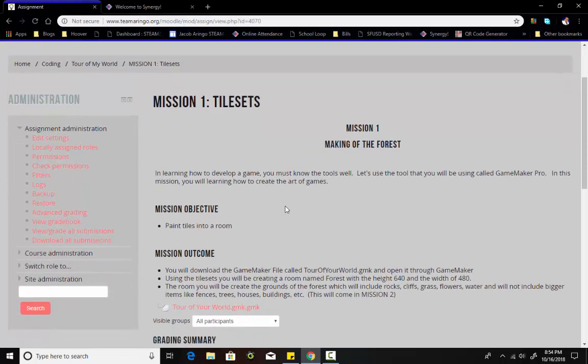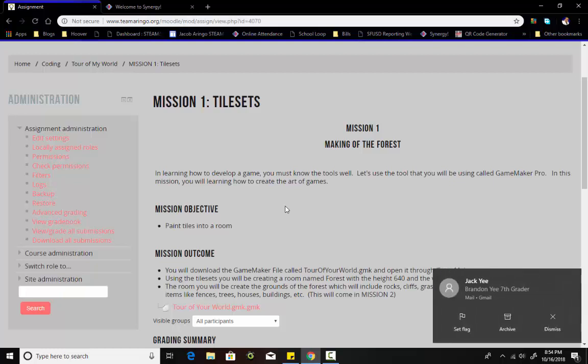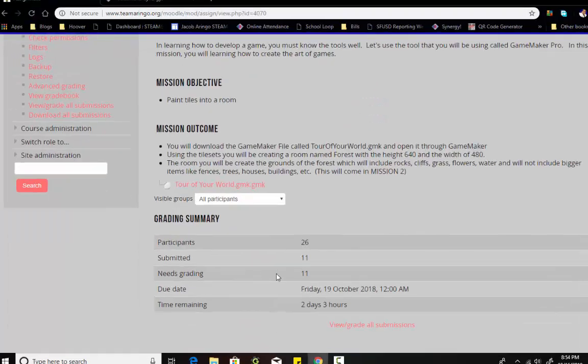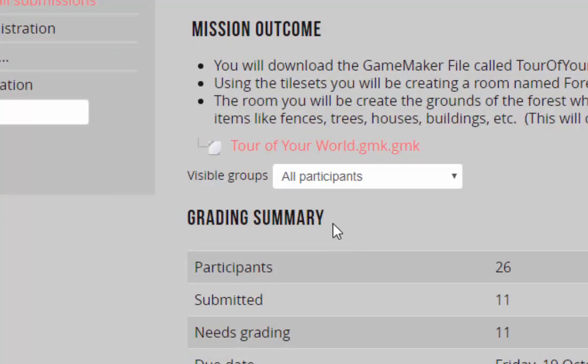Part of what this mission is all about is to figure out how to use our tools well so that you're able to create the game that you want. So we are going to be going through the A's, B's, and C's, the 1, 2, 3s of game making. So we're going to take it step by step until you get really good at getting where you need to be. So the first step is